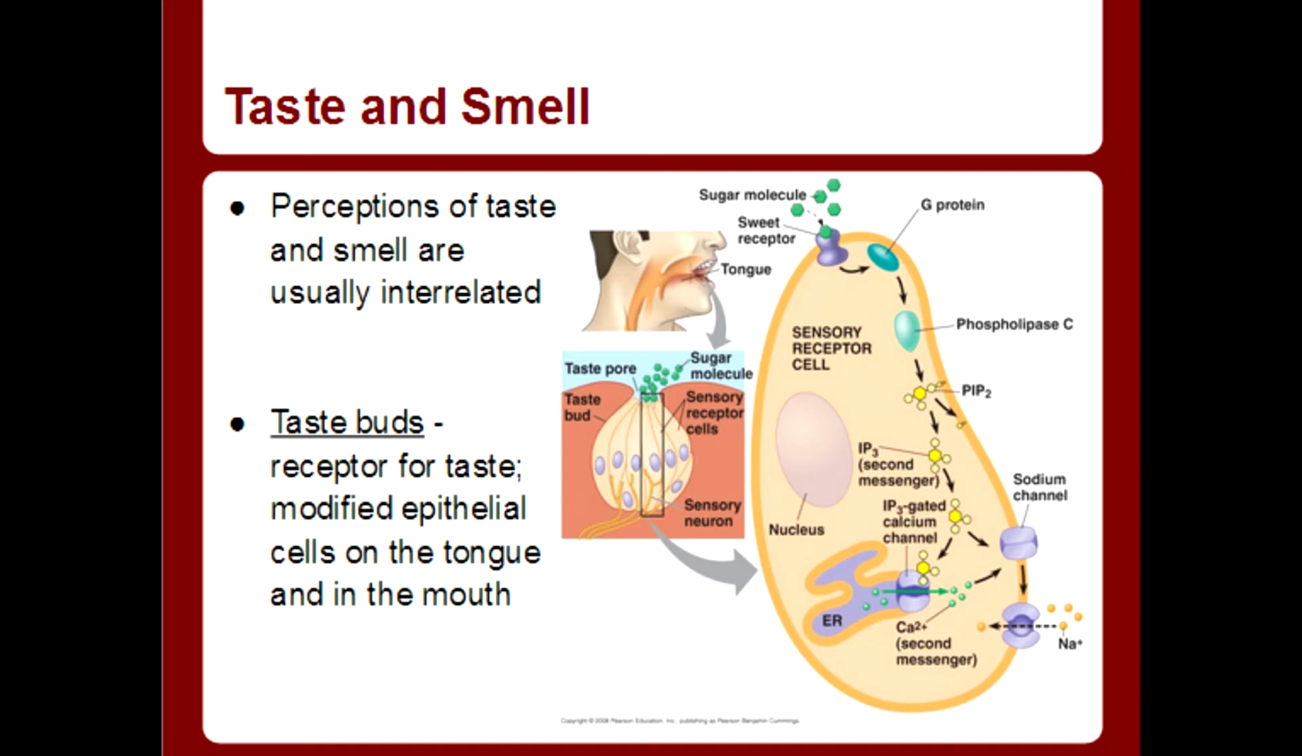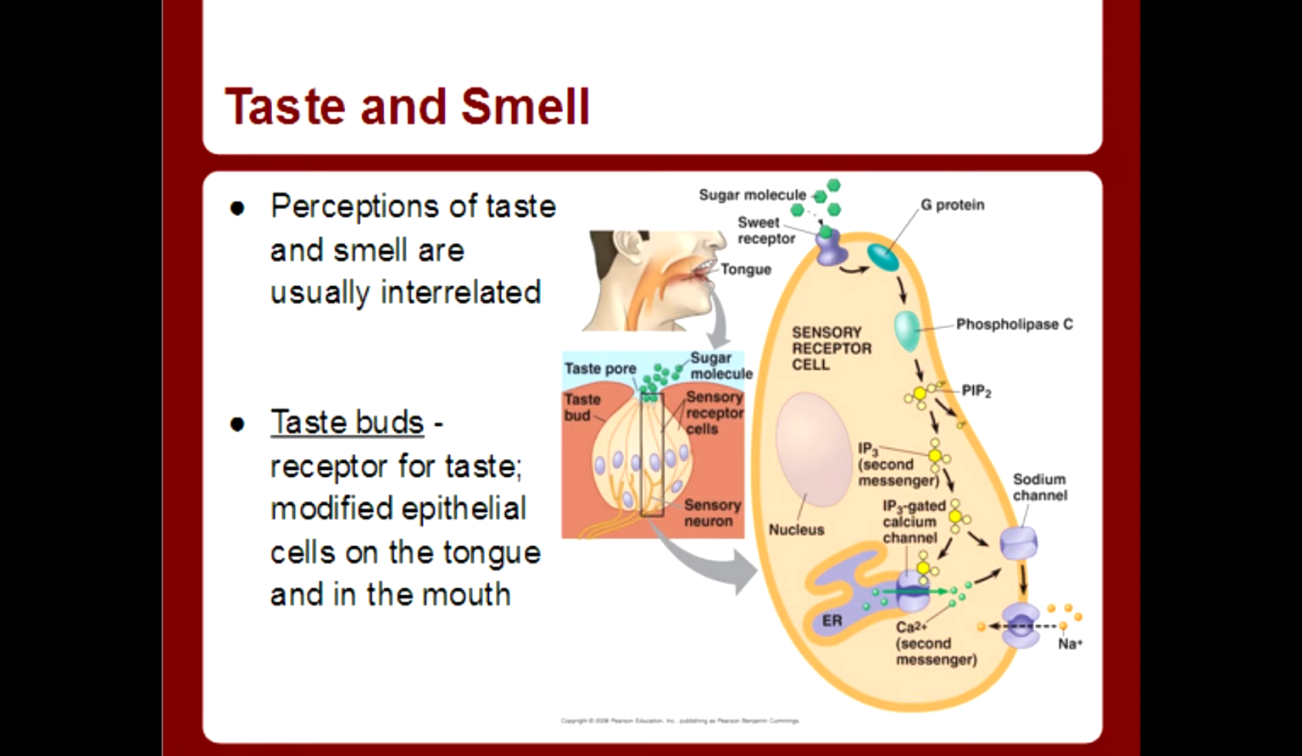Taste buds are the receptors for taste, and they're modified epithelial cells on the tongue and in your mouth. This diagram shows a sugar molecule, so you ate a cookie or something, and the sugar molecule attaches to your sugar receptors, the taste buds that register sweet things, and the diagram zooms in on a neuron here,